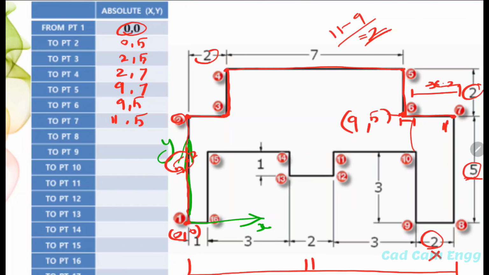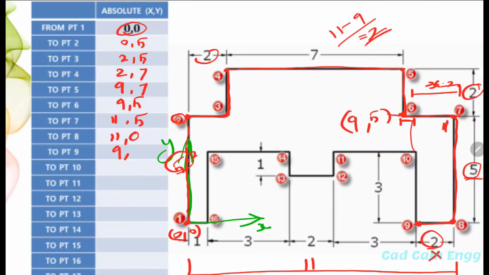Again, point number 7 to 8. The x-axis is the same, 11, but the y-axis is going to reach 0 because here 5 mm is coming down from 8. 5 minus 5 we get 0. Next, point number 8 to 9. The x-axis is reduced by 2 mm, so 11 minus 2 we get 9 mm.